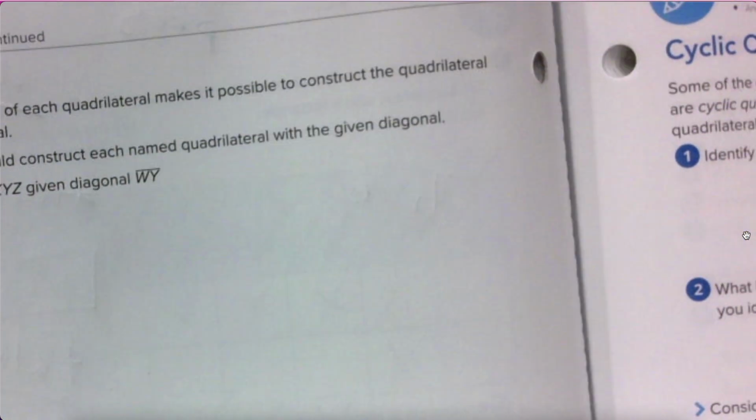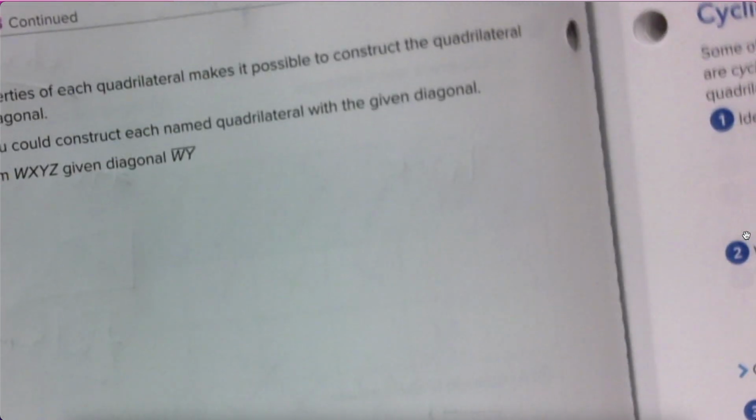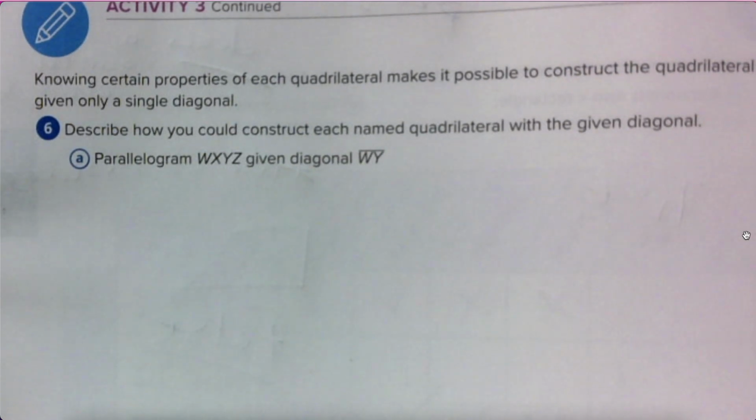Let's go to the last part of activity 3. I want to finish this one out. Knowing certain properties of each quadrilateral makes it possible to construct the quadrilateral given only a single diagonal. So how would you construct a quadrilateral with the given diagonal? All right, I need a protractor for this one. Finding my material resources. It says given a diagonal